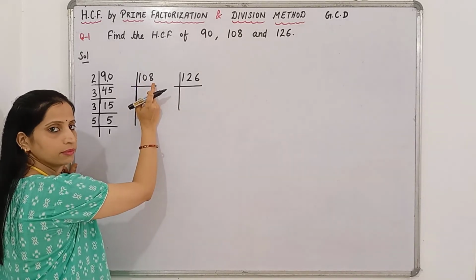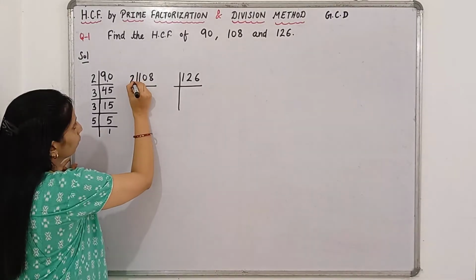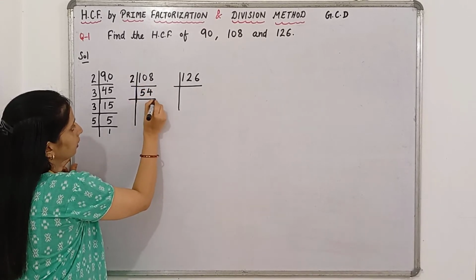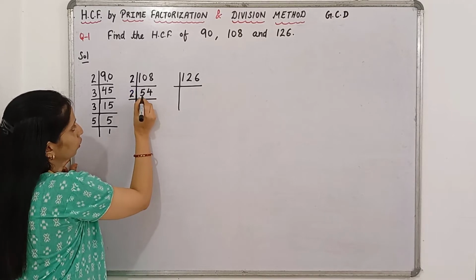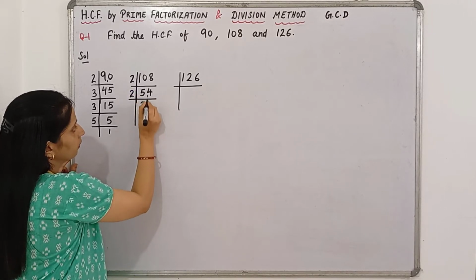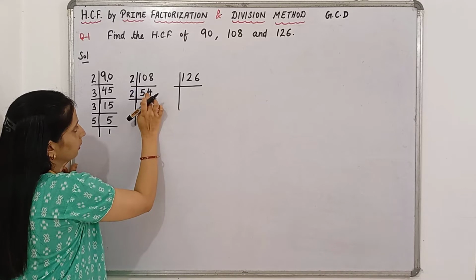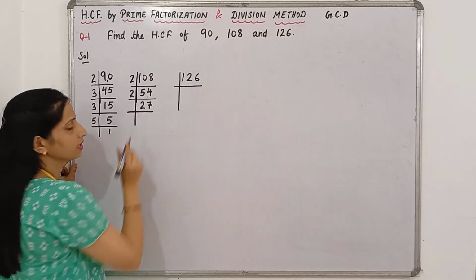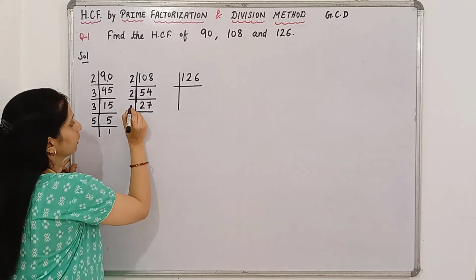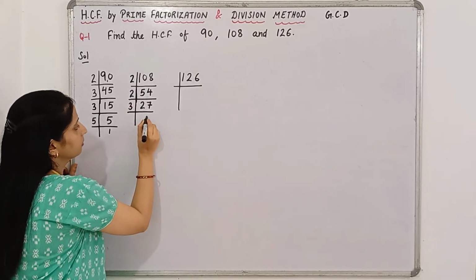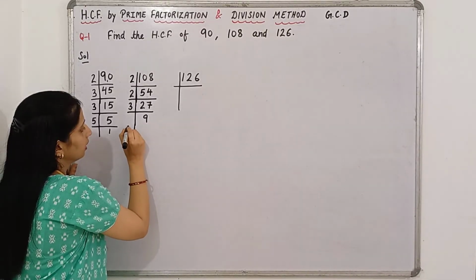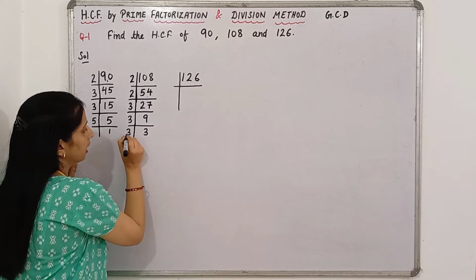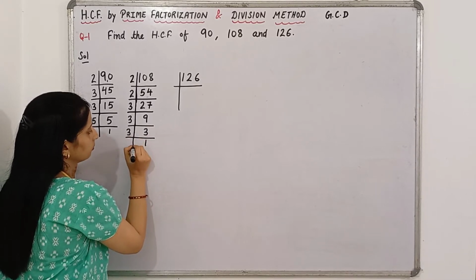Now we will find out the prime factors of 108. Again we will start dividing by 2. 2 5s are 10, 2 4s are 8. Again we can take 2, 2 2s are 4, 1 will left, 2 7s are 14. Now we get 27 and we know that 27 is divisible by 3. It will come in the table of 3, 9 times. 3 9s are 27. Again we can do it by 3. 3 3s are 9 and at last 3 1s are 3.